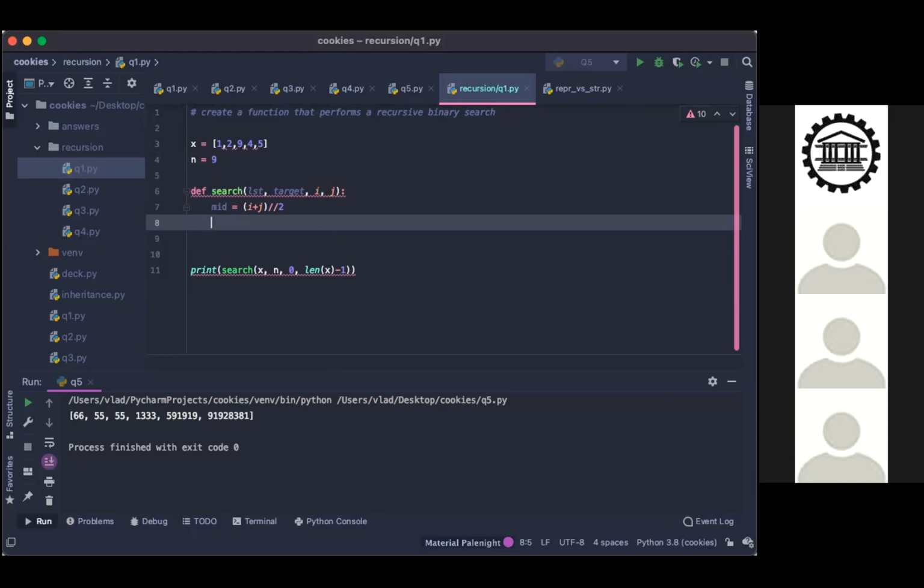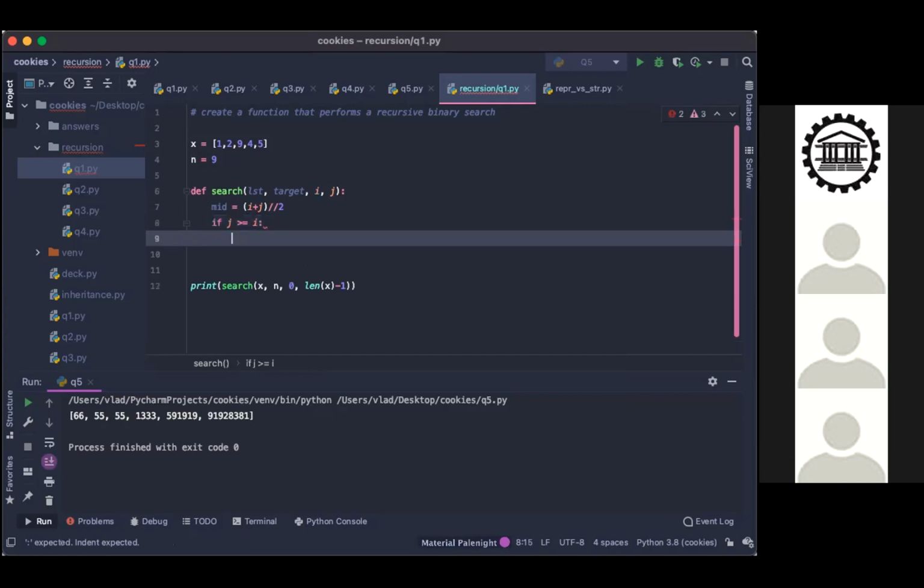We want that loop of sorts to stop when one of them, either I passes J or J passes I. So if I is larger than J. Well, we can also do it this way: if J is bigger than or equal to I, we want it to do that recursion, and else just return -1.